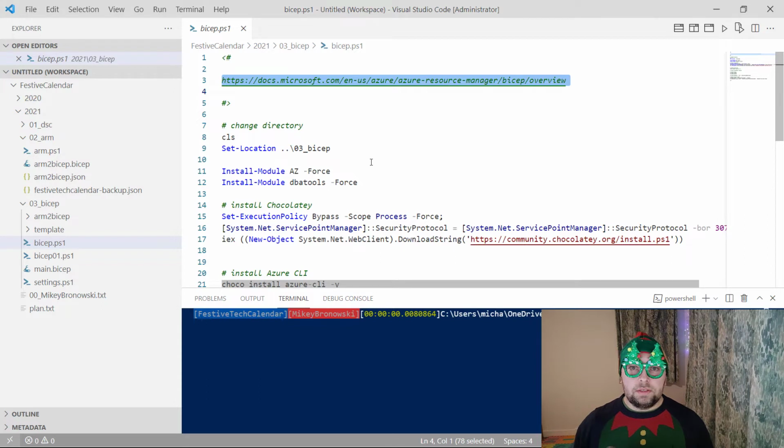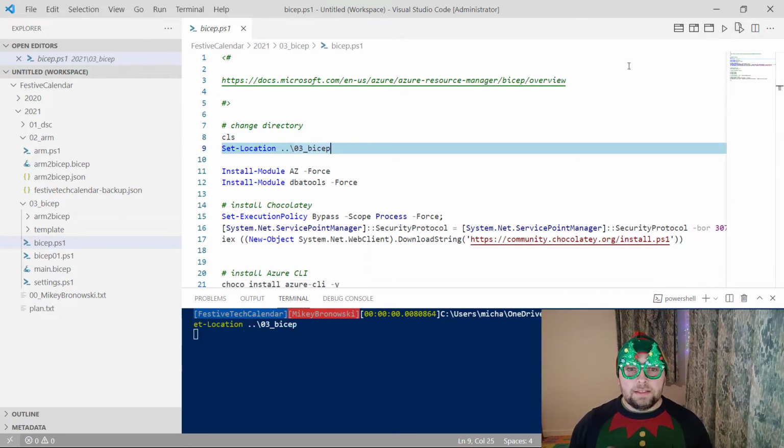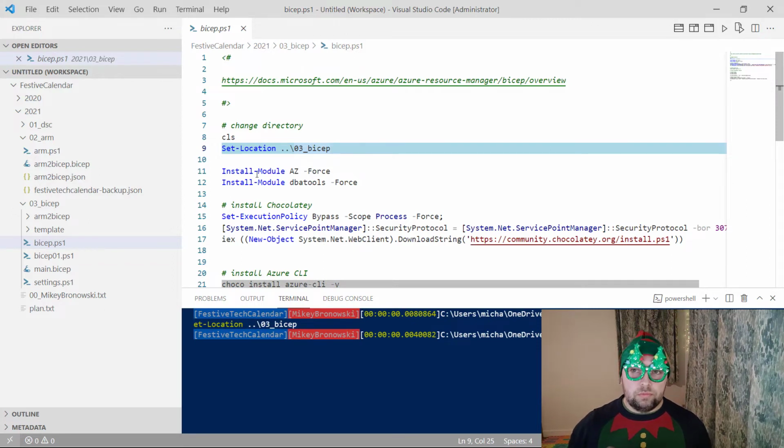And Bicep is just a different format file, which is a bit cleaner than the JSON with all these brackets. I realize that I say brackets a lot, but well, I hate brackets. They always cause problems, especially the missing ones or the extra ones. Well, I hate brackets. So let's clean the space, move to the Bicep folder,